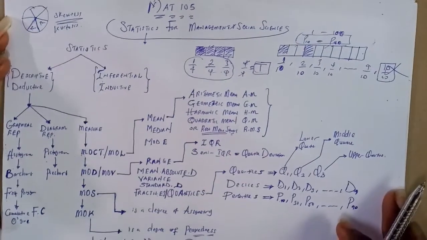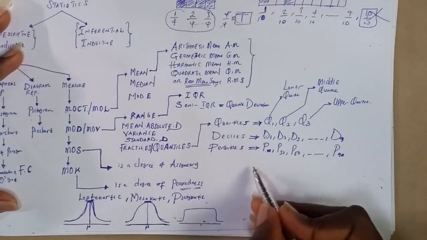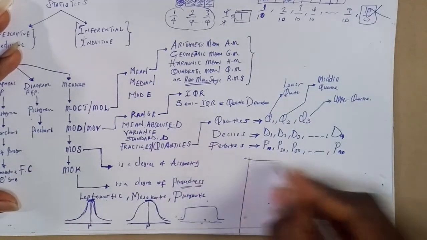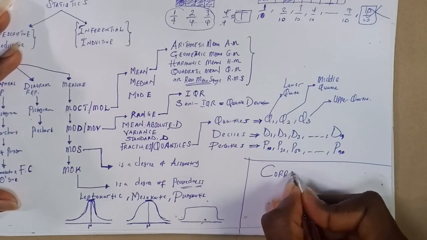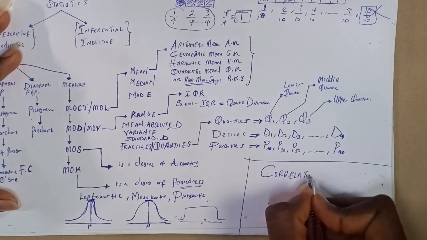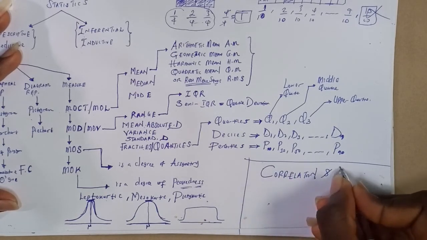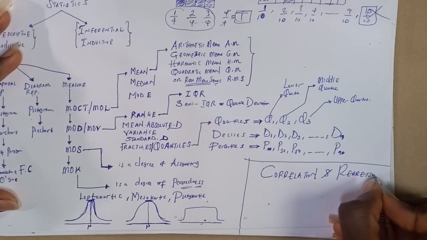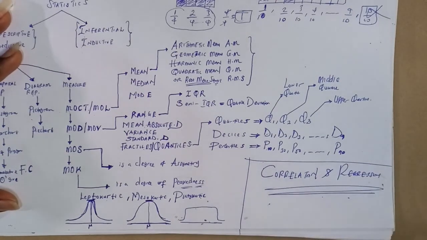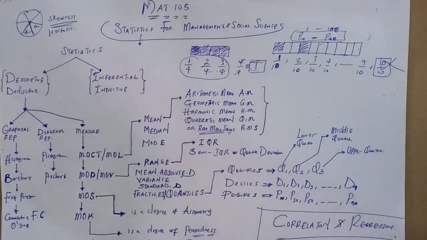So the only thing we just have left after all this is, do you know the final thing? The final thing is where we have the correlation and regression. That's all. That's the final topic that we have under this course. The correlation and regression. So this is just a summarized explanation I could give you on